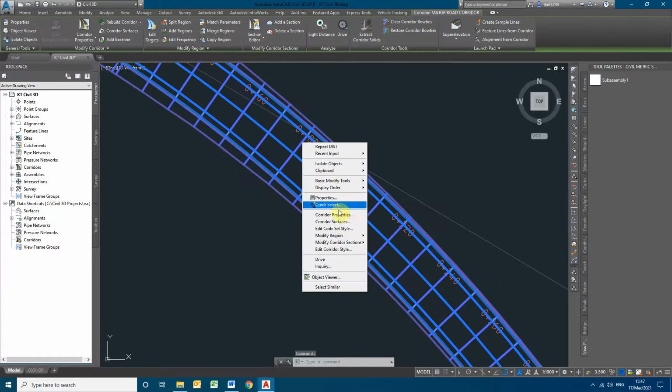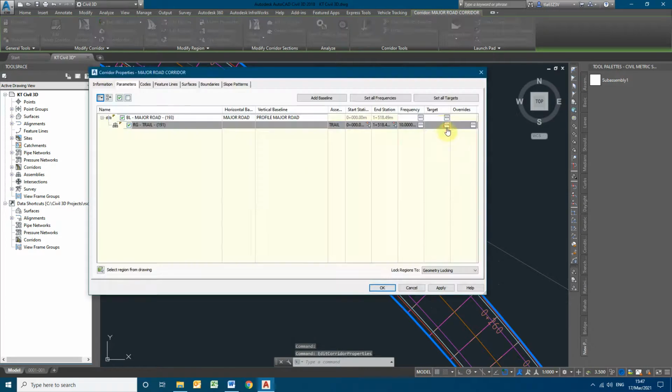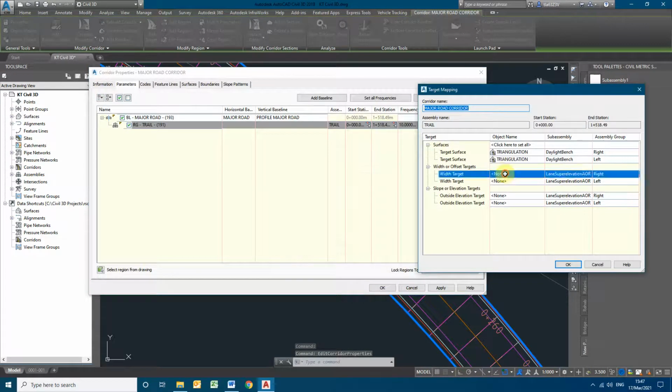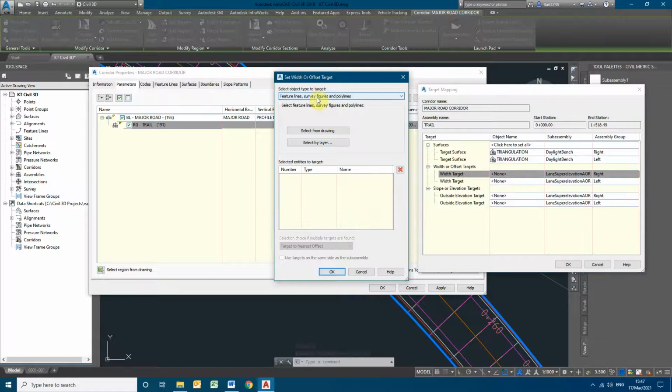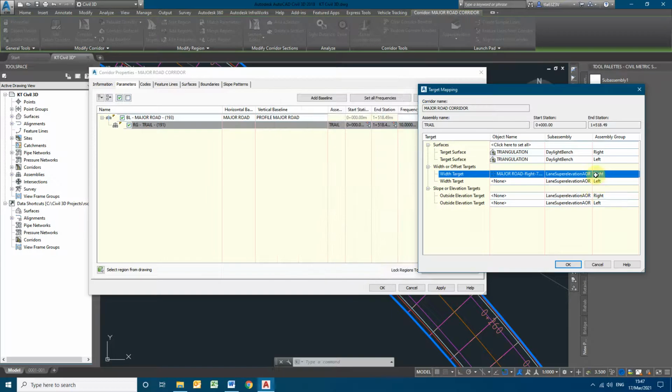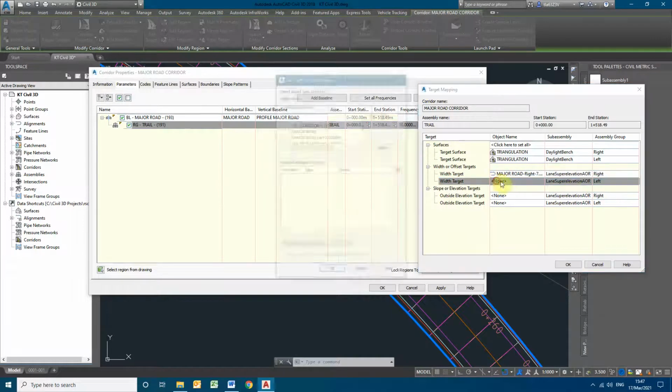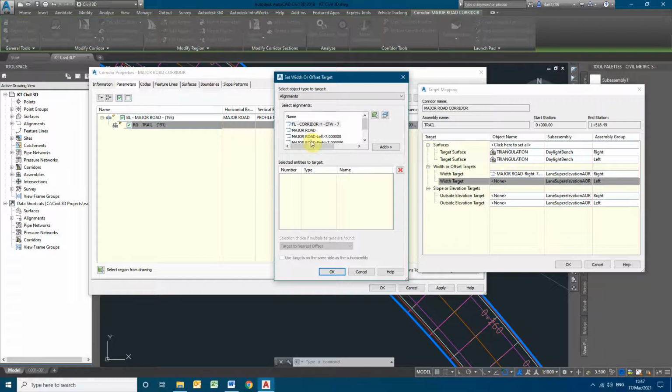So I will be going to the corridor properties, targets, width targets, alignments. I will be selecting the major road right alignment for the right side, and the same for the width target, I will be providing major road left alignment for the left side.